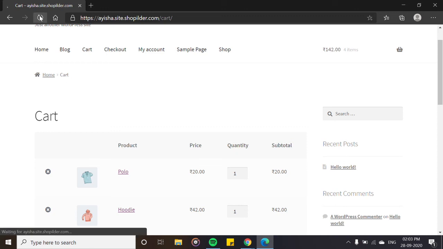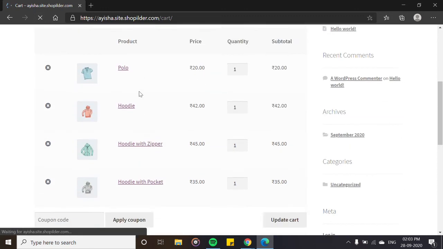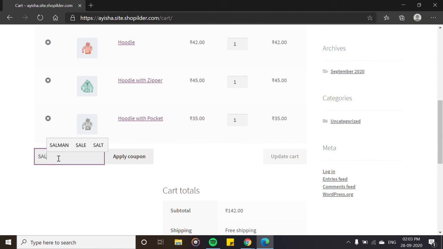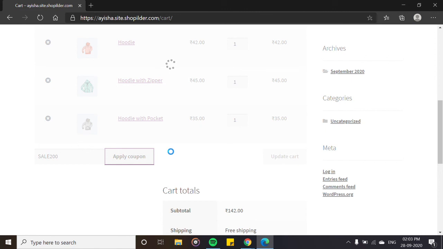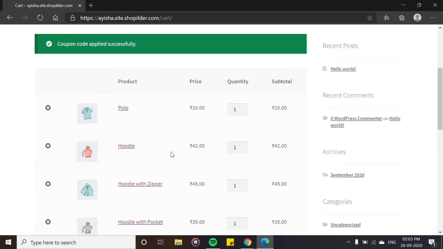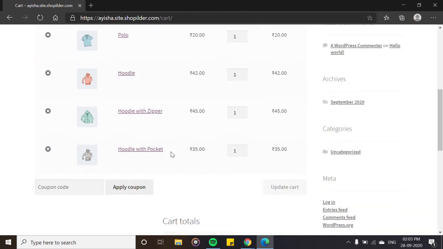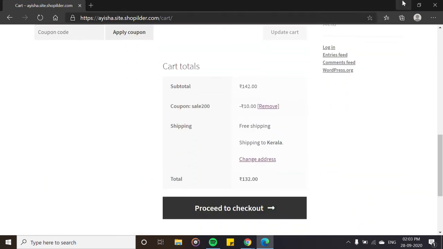Now let's refresh the page once again and apply our coupon, SALE200. Apply the coupon, and you can see there is a coupon discount of 10 rupees because that is the amount we gave in the fixed amount field. If you want to increase it, you can do that.